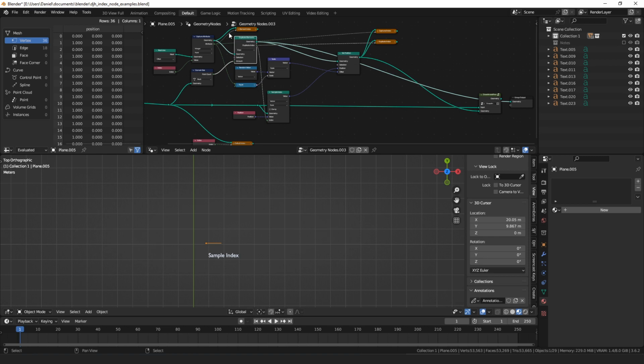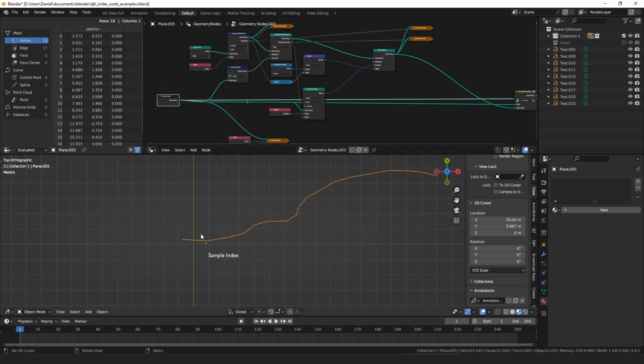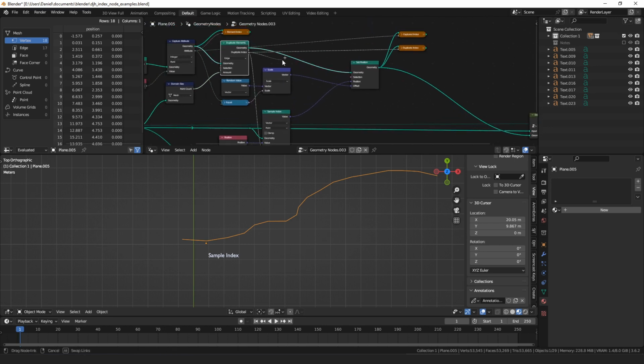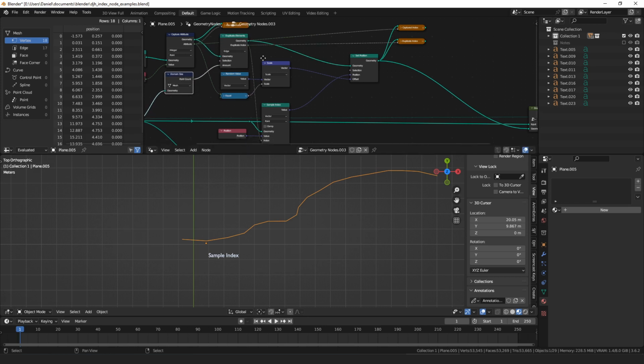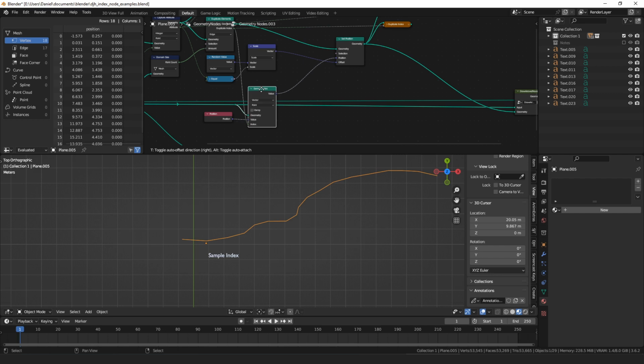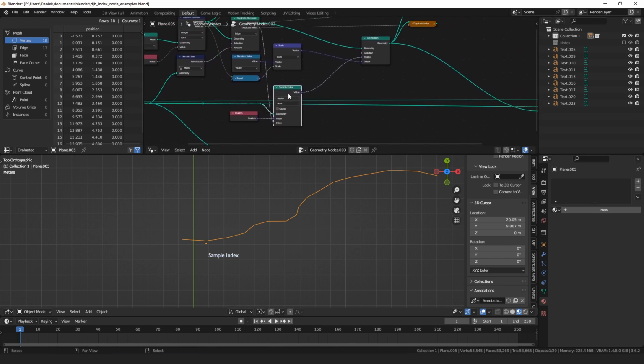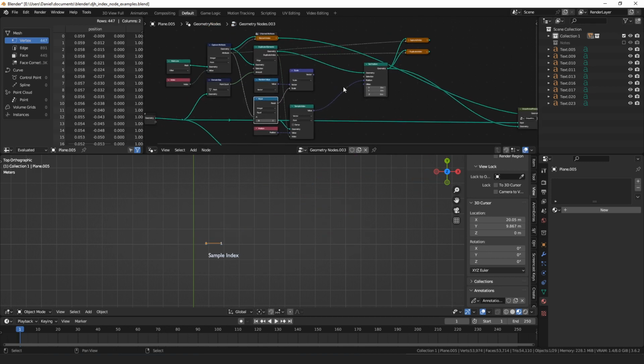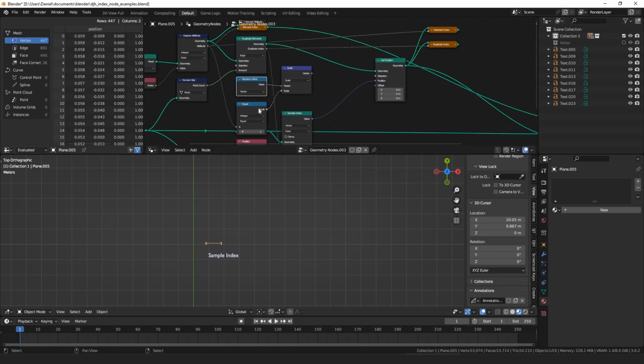So then I want to set the position of these elements to be along our input geometry, one at each vertex. And the way we can do that is we can take the duplicate index, which is going to have the same count as our point count because we use the point count to make the duplicates. And we can sample the index of the vertex, the point in our input geometry, at the index of the duplicate to get the position of each vertex in our input curve, and use that as the position of a set position node. And then we can add an offset to that, which will just be a random vector,